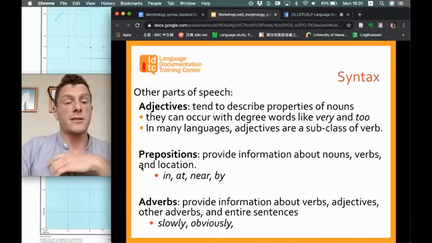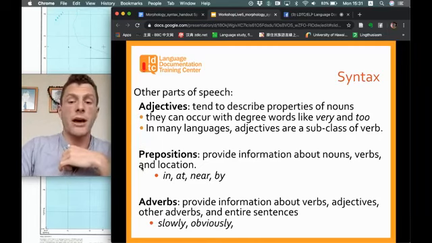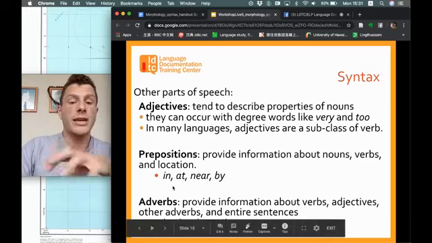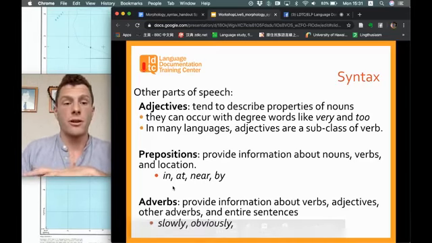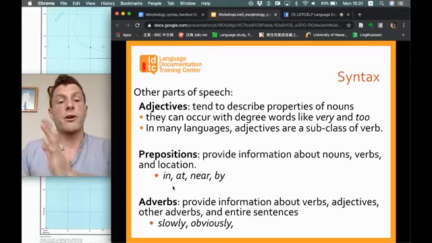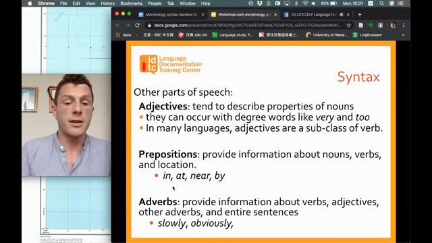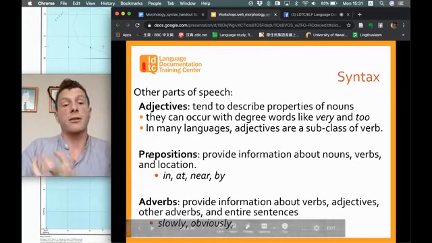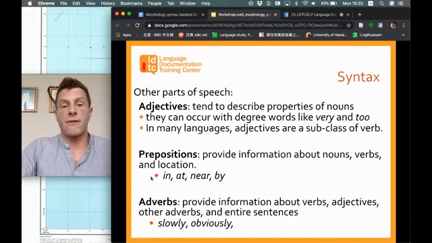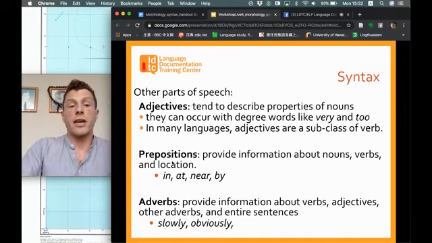These provide oftentimes spatial information about nouns, verbs, and location, so in, at, nearby. Prepositions often have to do with movement or spatial relationships between objects. Now, prepositions are interesting because, morphologically speaking, they can either be independent standalone words, like in English, where we have in, at, near, or by, or that location information can be expressed as an affix on the